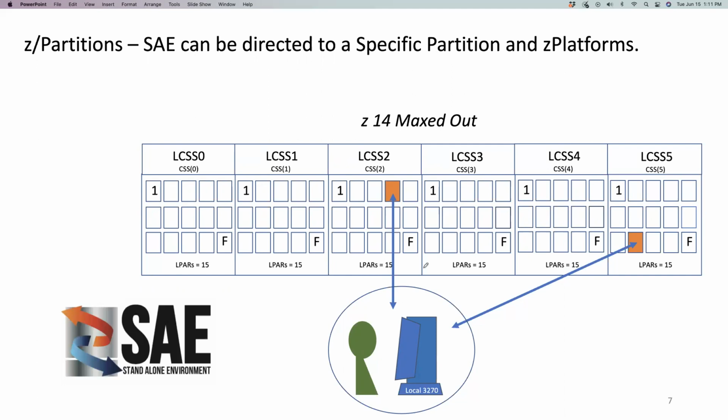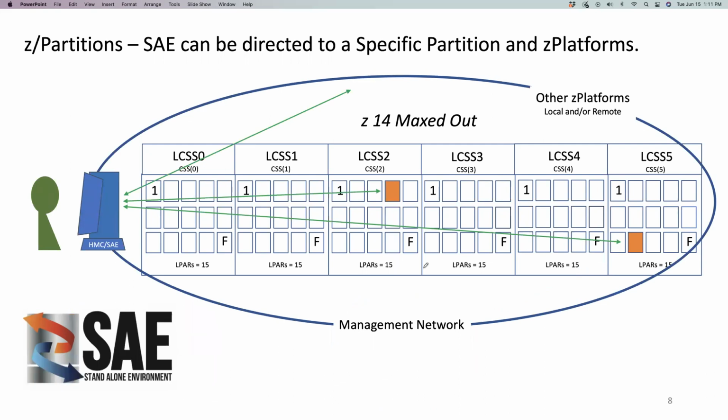This is still supported, so you can still IPL it into one of those LPAR targets. And if you have a locally attached 3270, you can bring up SAE on that device and use it interactively. It's a single user, single use application. So as soon as you use it and you log off, then all that's freed up and then you'd re-IPL